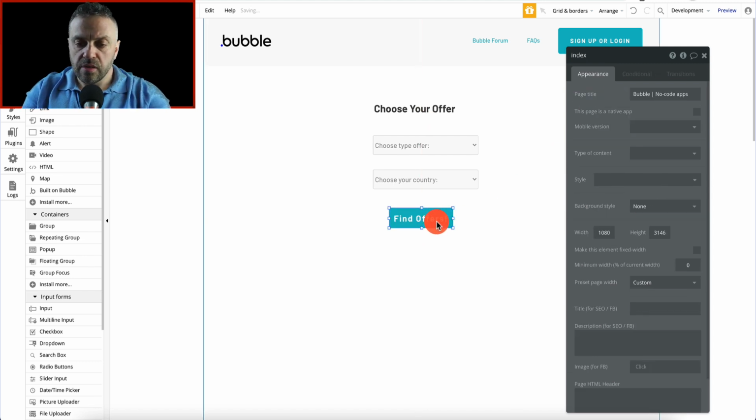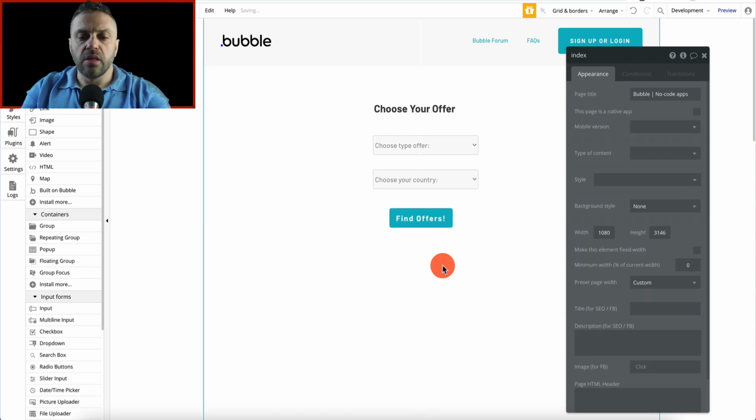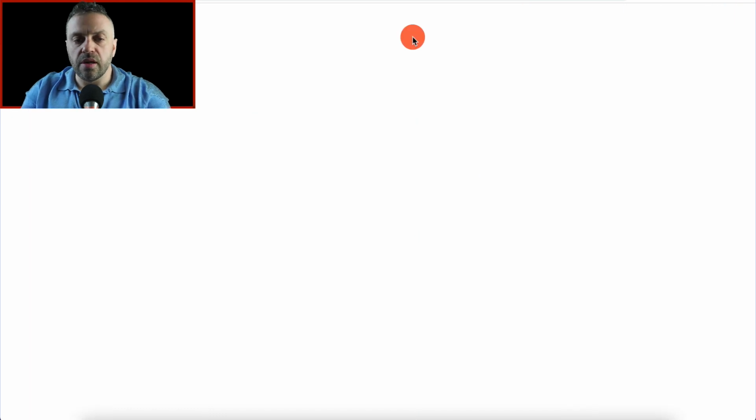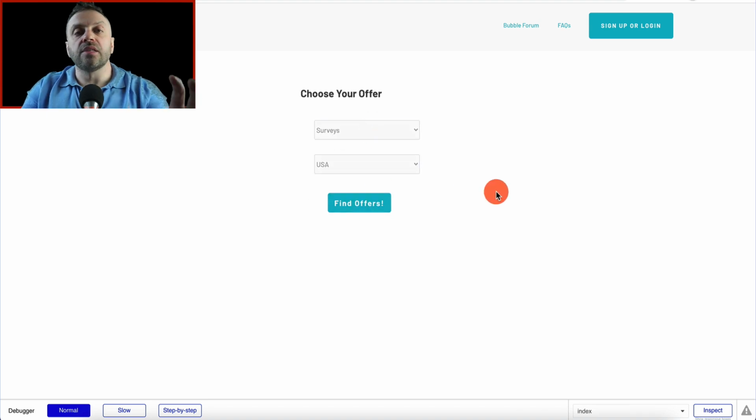Something like this. Okay, so maybe a little bit smaller text. There, that looks great. And so now if you click on preview here, you have the beginning of a very, very useful app for the users. So it loaded up. Take a look on sweepstakes and country. So when they pick this, they click find offers, it's going to redirect them to a screen that's going to list all the offers that we have, but it's going to filter it according to these rules, which is amazing,